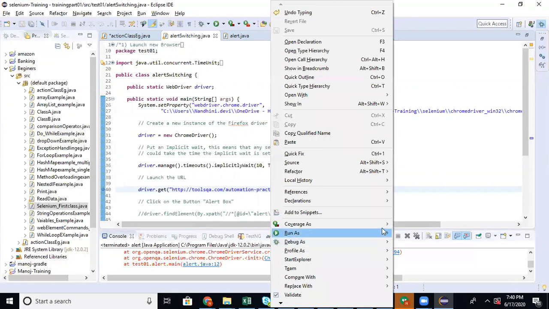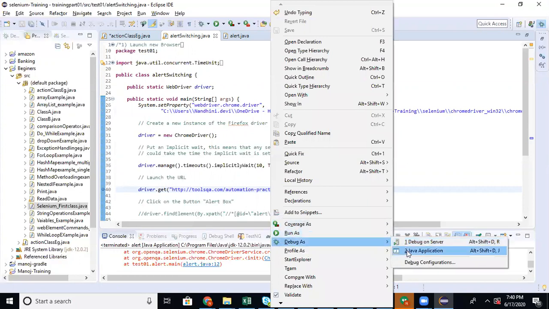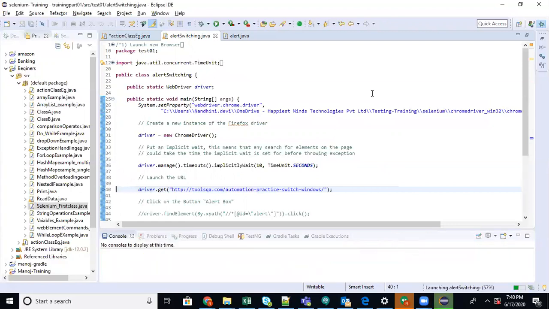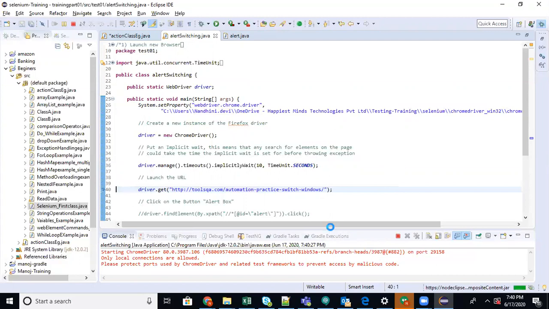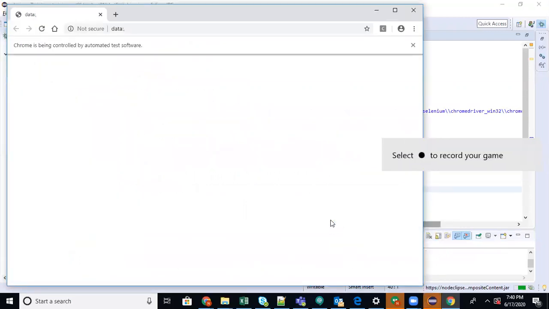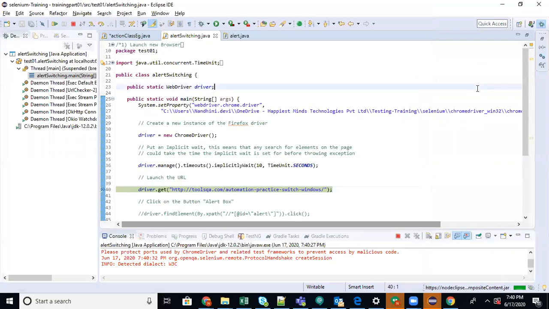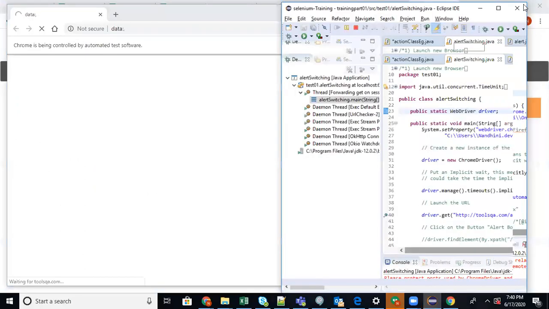Let me debug and show you slowly how this works. First we will log in, and then we will identify the text box and the submit button. After that you will enter the number in the text box that you wish to delete. After that you will click on submit. When you click on submit, the alert will pop up. So you have to switch to that alert.